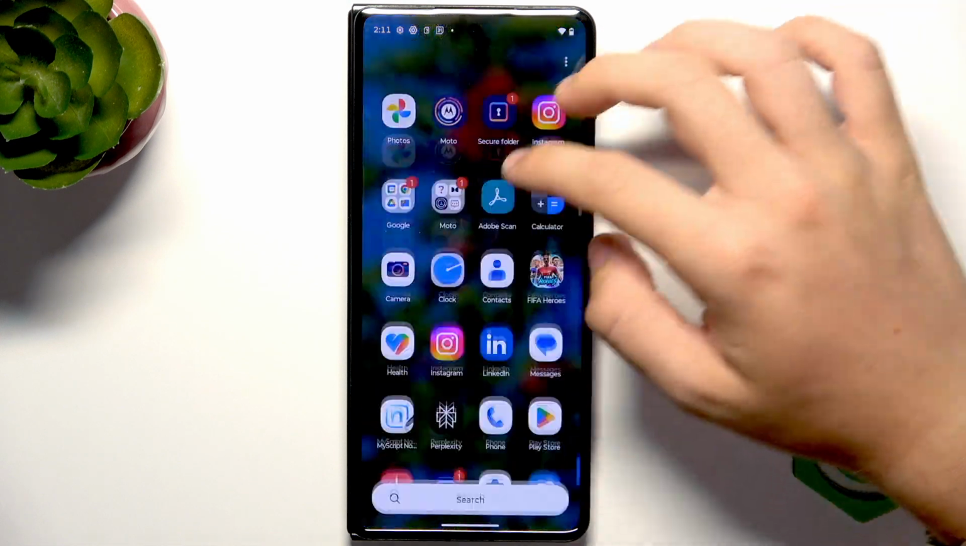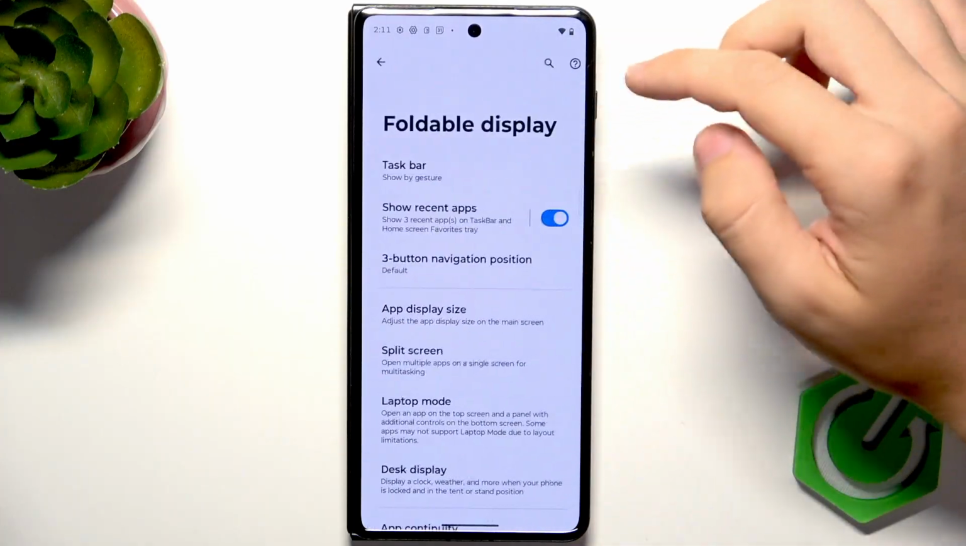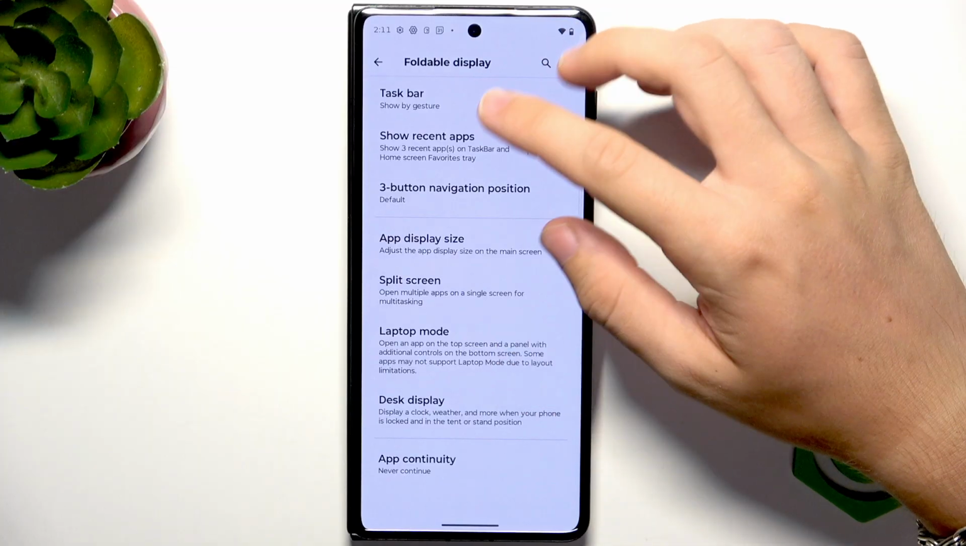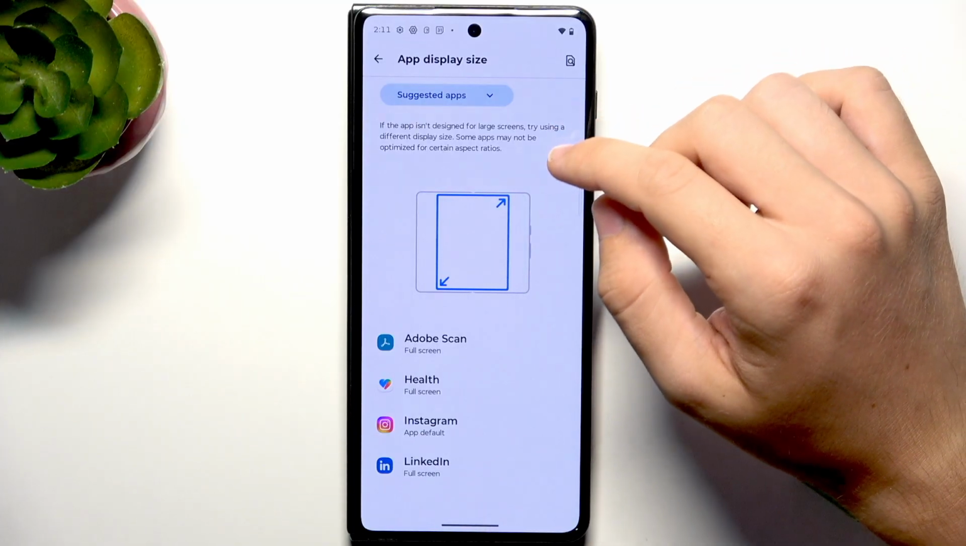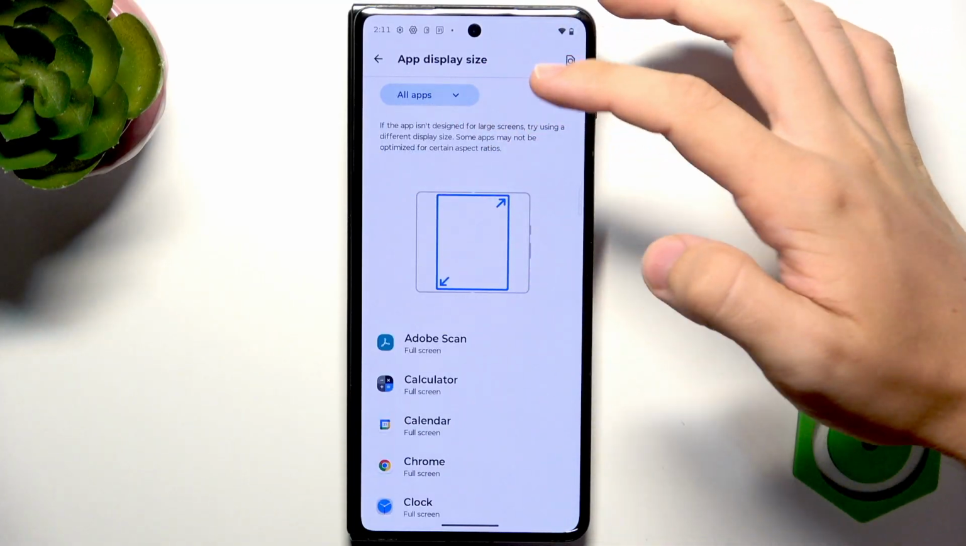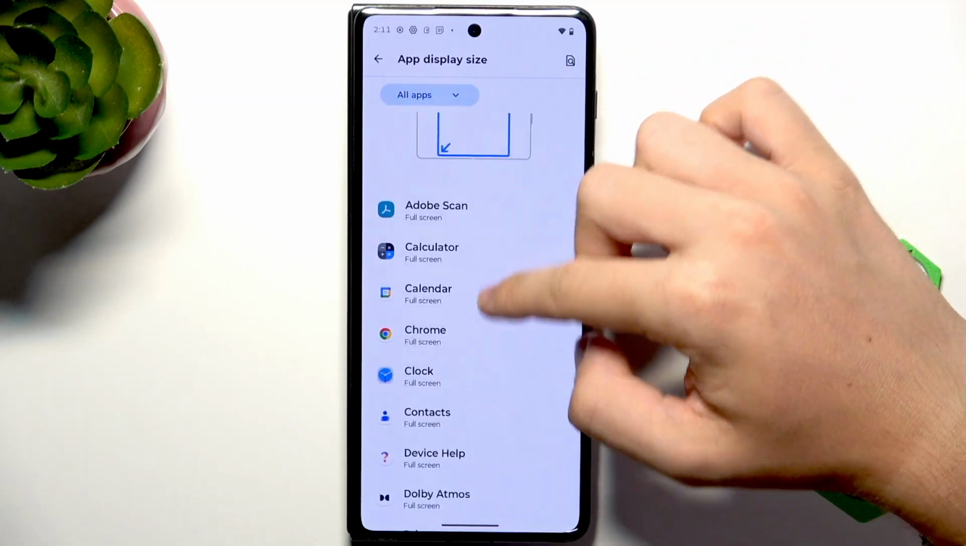The first thing to try is to go to the settings and go to Foldable Display in the settings. Then you'll find app display size. And as you can see, it's best to set it to all apps right here at the top. And then select apps that you want to